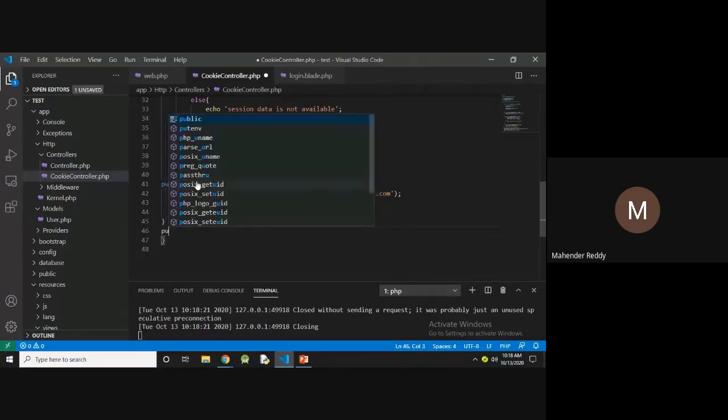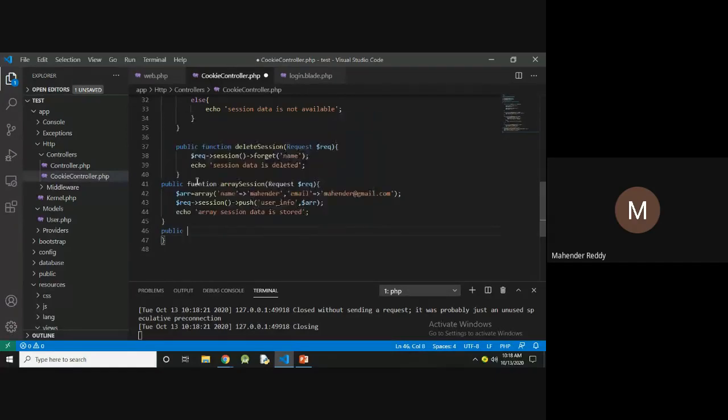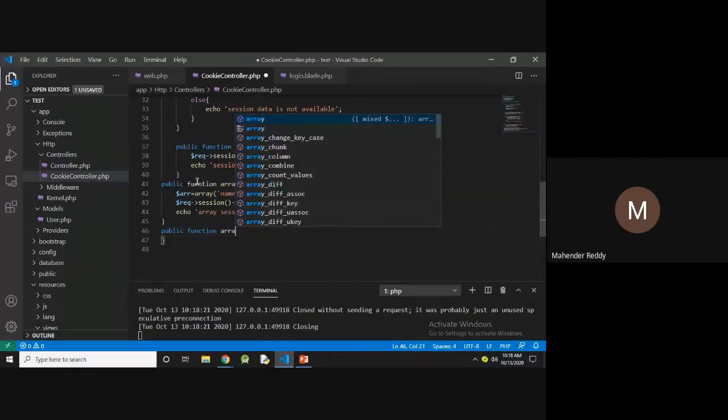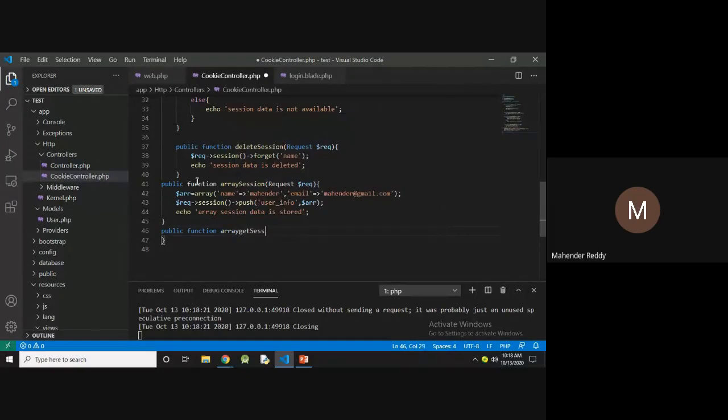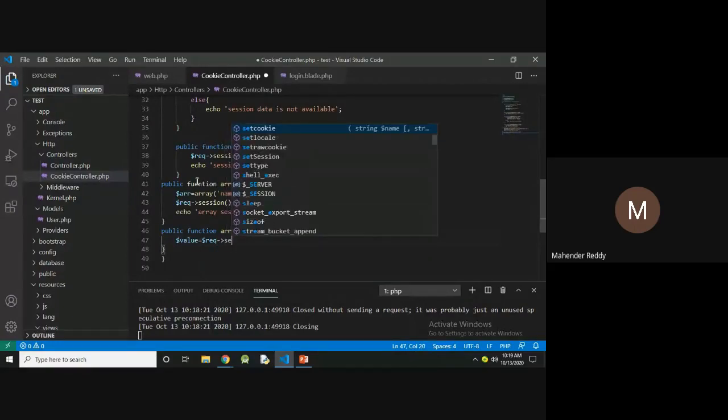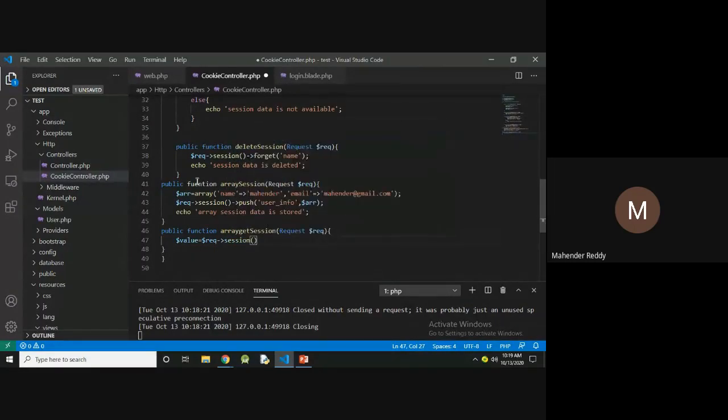After that I'm using the get method, public function arrayGetSession(Request $req). $value is equal to $req->session()->get(user_info).